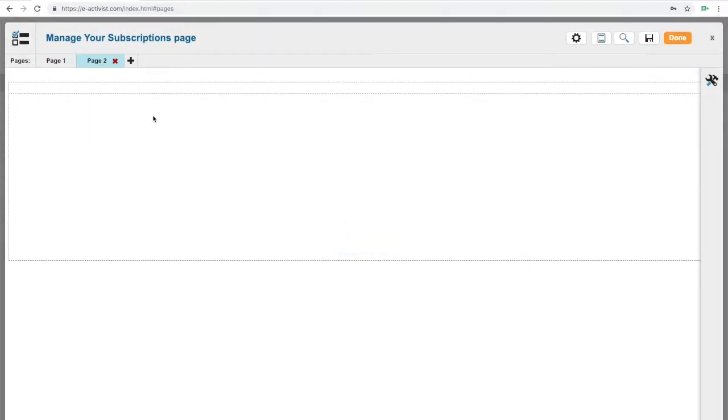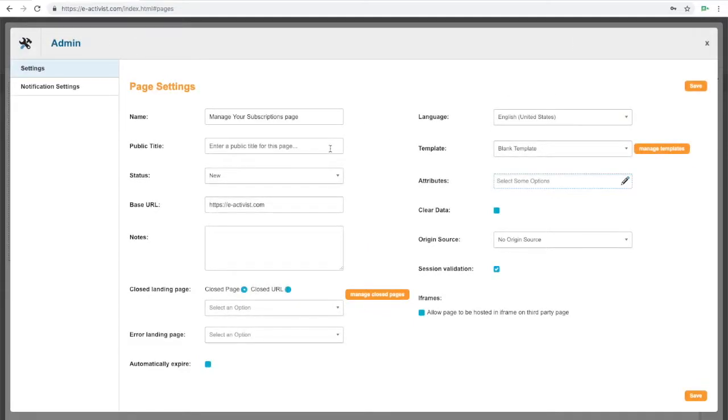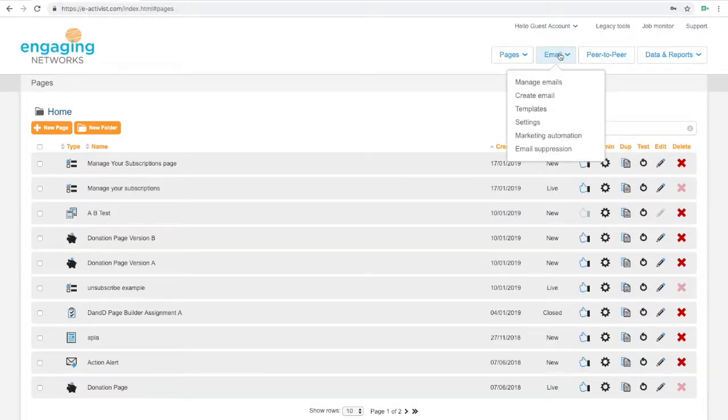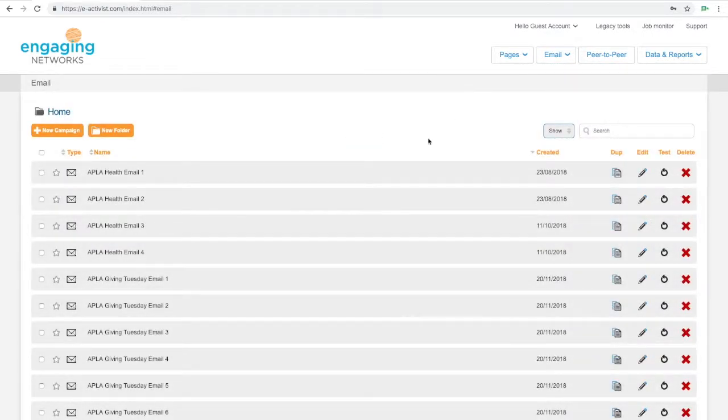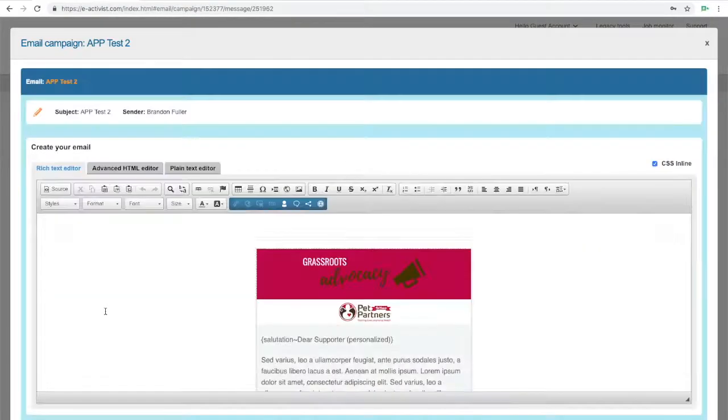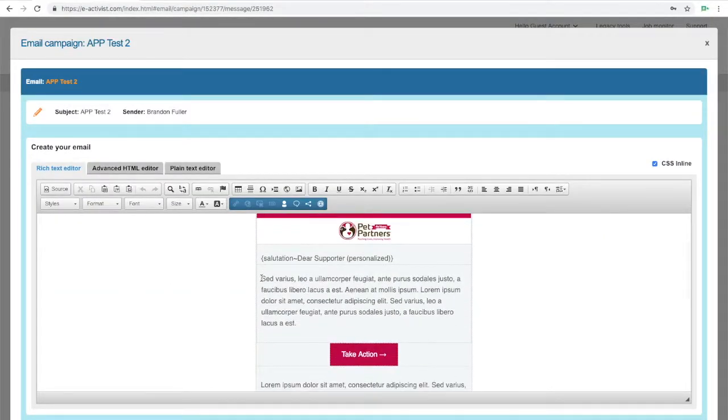Then go to page 2, enter some page content there to thank people for updating their subscriptions, and make sure that you turn your page to live. Then when you're ready to either update an email or your email template, you go into the email, highlight the text that you want to link to your Manage Subscriptions page, click the little envelope with an X over it,